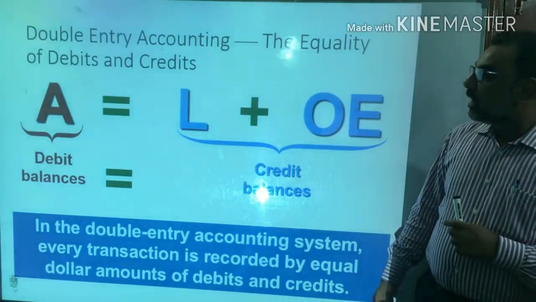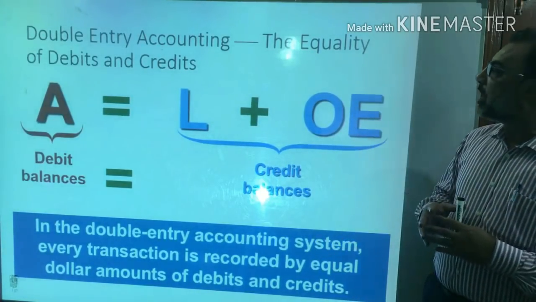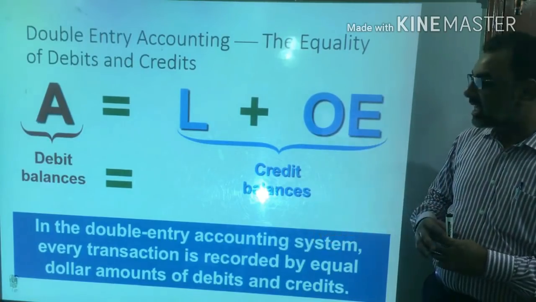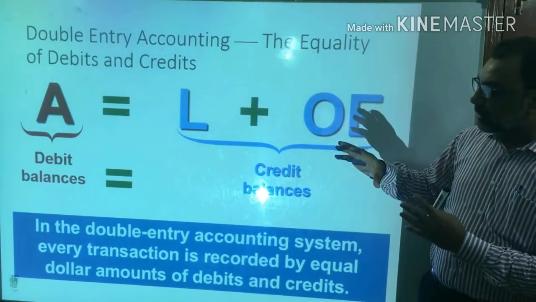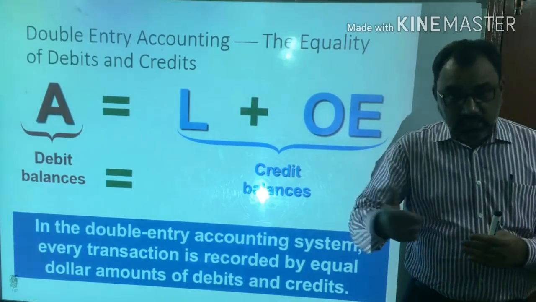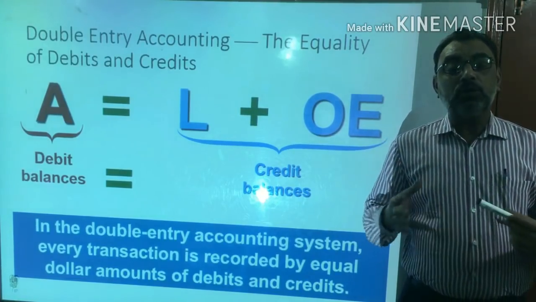So now you know that in double entry accounting, the equality of debits and credits, which we also discussed in the previous class, means the sum of the debit balances must be equal to the sum of the credit balances. And as we discussed, if you are going to post the ledger account,